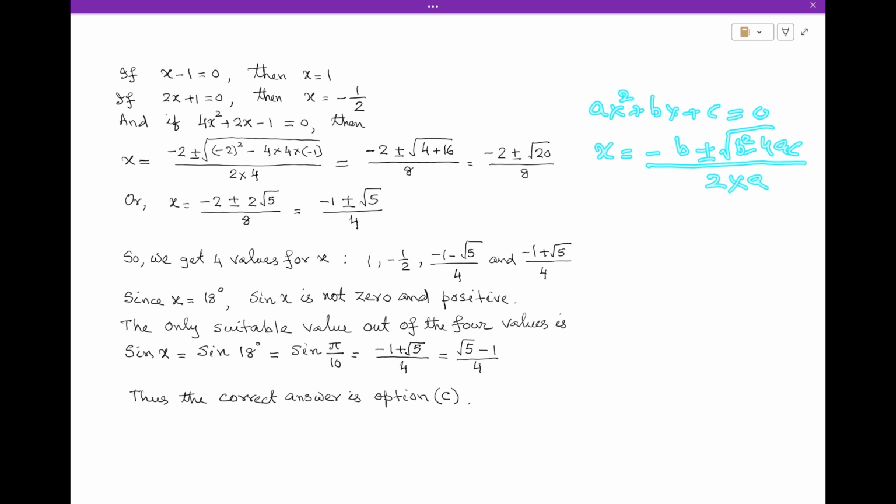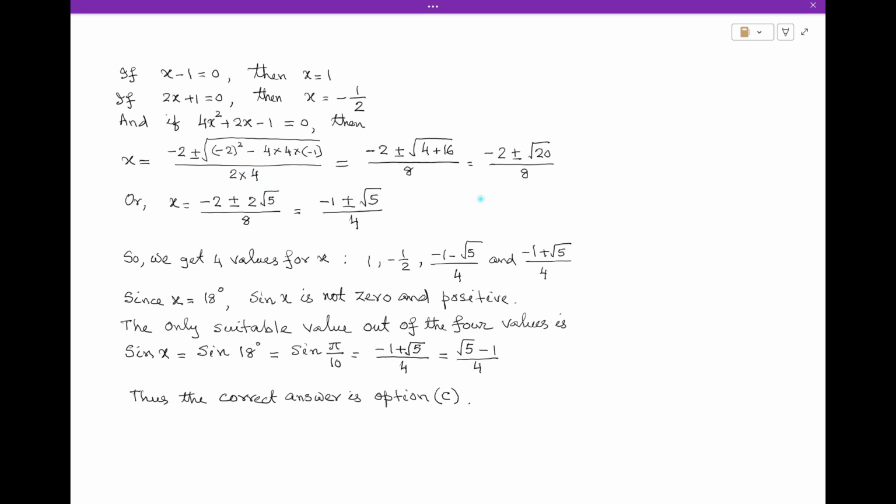We know that. Therefore, x in this case becomes minus 2 plus or minus the square root of minus 2 whole squared minus 4 multiplied by 4 multiplied by minus 1, divided by 2 multiplied by 4,